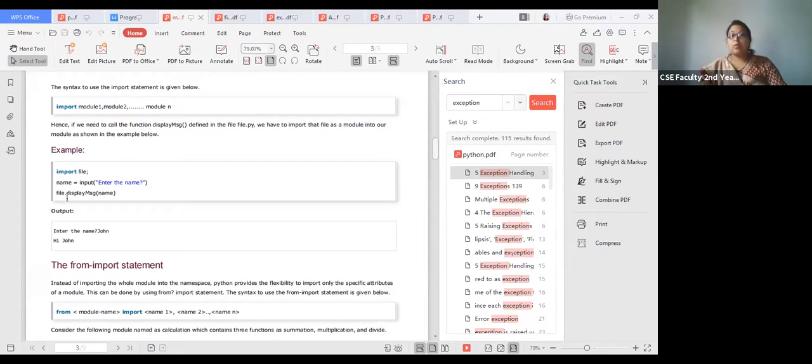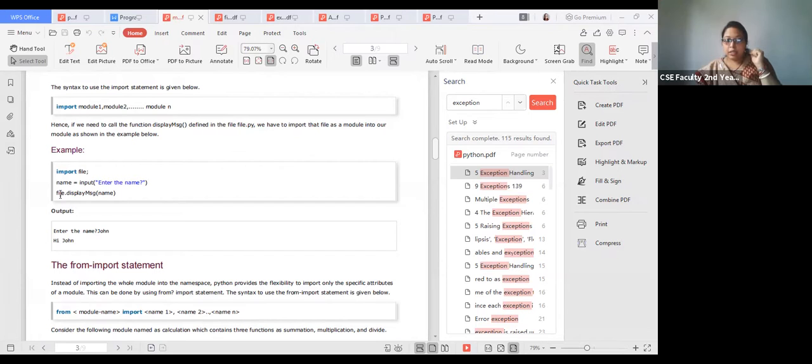Now you are passing your name to the function of the previous module, that means in the file. So file dot display, because this one is the function of the file module. You have to first write the module name, like file. Here the module name is file. File dot. Why are we writing this dot? By writing dot, you can take all the functions and variables from the file.